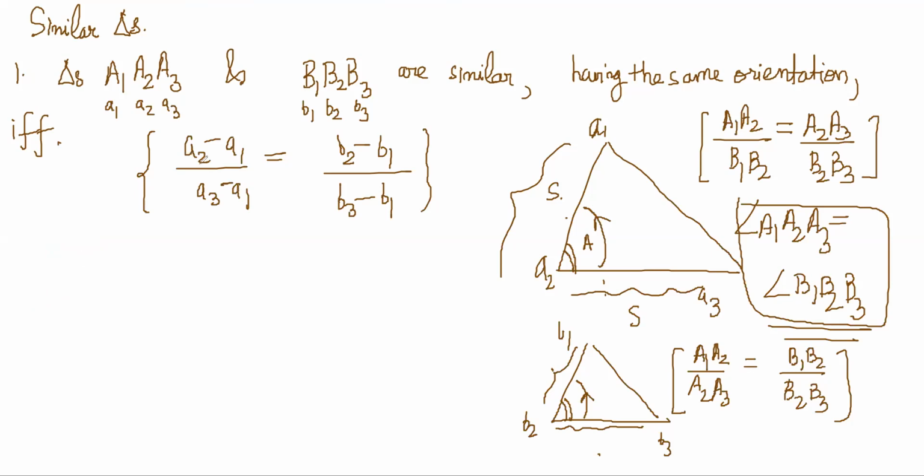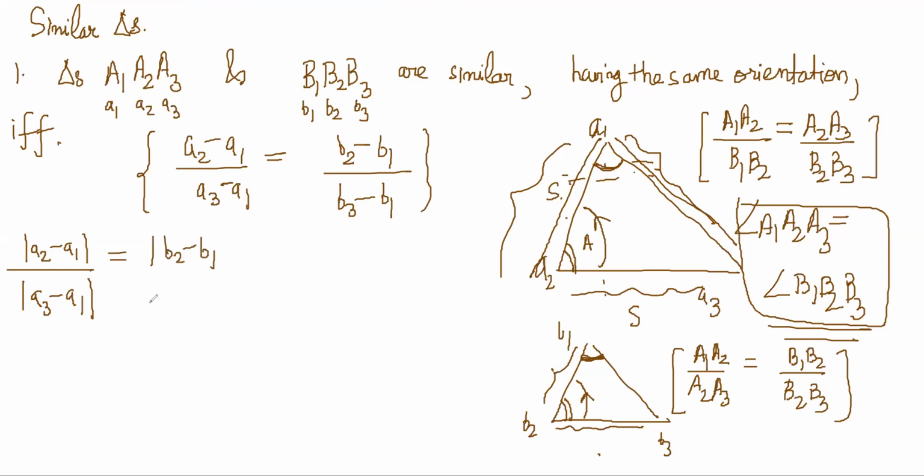So here he is making all the angles with respect to A1, no? So he's doing this and this, right? See, (A2 minus A1) by (A3 minus A1) is this angle, right? And B2 minus B1 he is doing with respect to this angle, so that's fine, that's not a big deal. So this means this side by this side, which is equal to mod of (A2 minus A1) by (A3 minus A1) is equal to mod of (B2 minus B1) by (B3 minus B1).